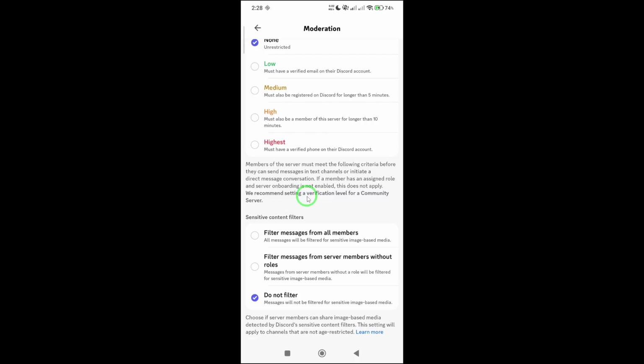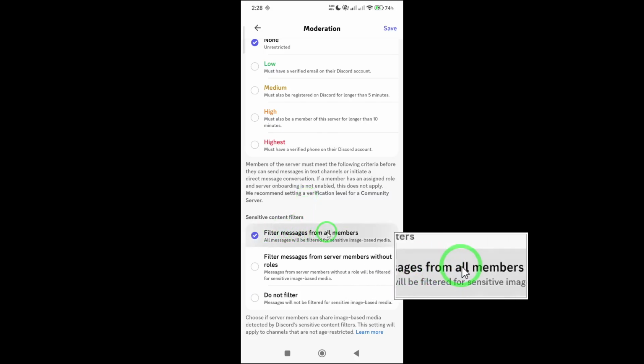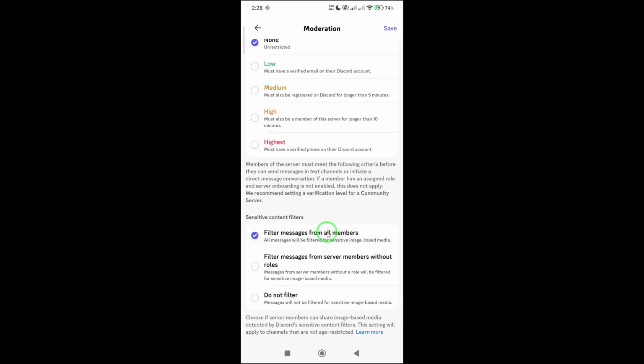To make sure your entire server stays clean, select the option that says Filter Messages from All Members. Once you choose this setting, Discord will automatically scan and block any images that are detected as explicit, no matter who sends them. It's a great way to protect your members and keep conversations appropriate for everyone. After enabling this, there's nothing else you need